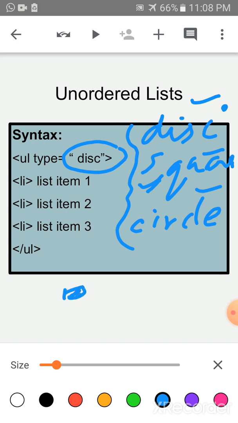Okay, children? And if you are writing the attribute type circle within quotes, then it will produce a hollow round bullet like this. Okay, this is the disk type, this is the square type and this is the circle type.